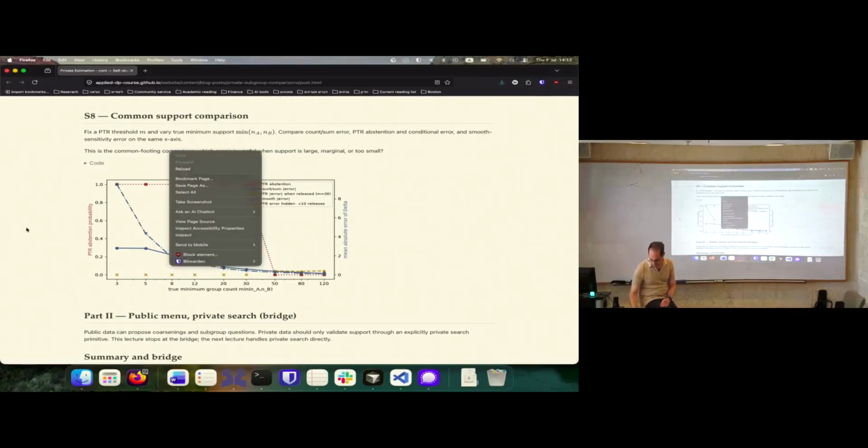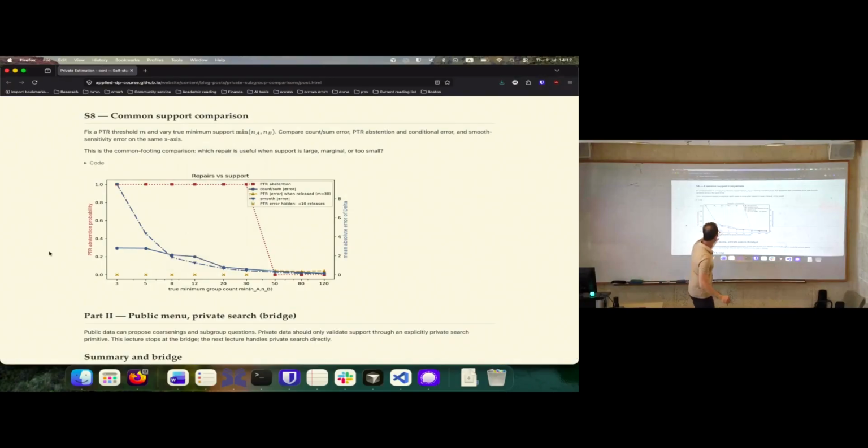So here you can see this difference that there's a certain regime where the smooth sensitivity does get slightly better than estimating directly the noise, because I'm not really releasing both of them, I'm just releasing one in a way that takes care of the other.